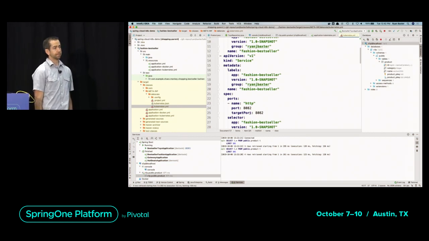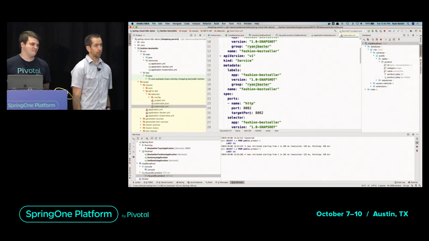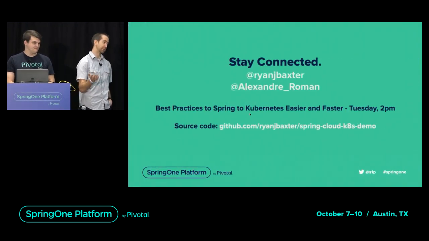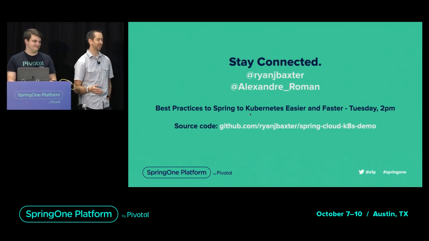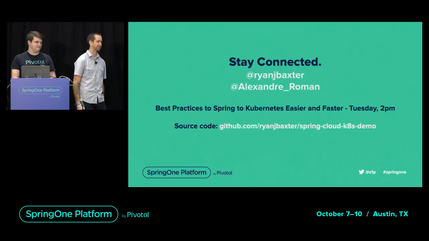The annotations that I use, like enable Eureka client, those kinds of things, will they still be there in the code, or are they not required? The enable Eureka client and enable discovery client annotations are no longer required. So you can take them out of your code, actually. It just gets triggered when the dependency is on the classpath. But the application will build fine, right? You'll just have to disable Eureka when the profile is enabled, like we did in the app. So you can leave it there, it's not required. You can take it out, actually. So you can go back and do that when you get back home.